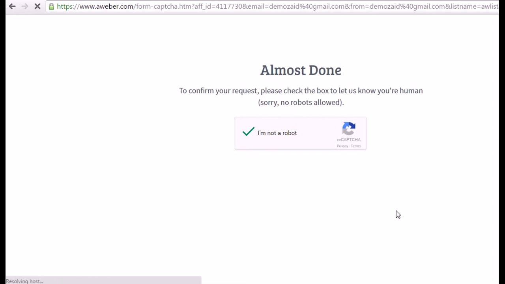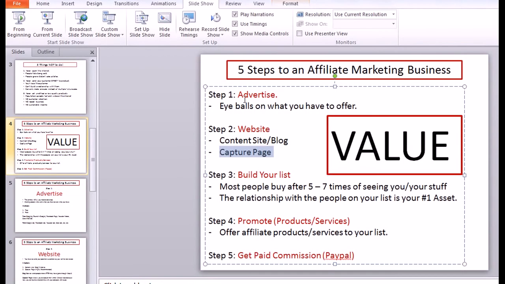So that's a good thing to know, that my vendor or product supplier is making sure that you're not getting spam, all kinds of nonsense. So I advertised, I sent them to a capture page, they got value. Now the value has been emailed to them. They're going to get a series of 10 days worth of value, and that's very strategic, because remember, they're now on your list. They're giving you their email, and now you're going to send them 10 days worth of value. See here? It takes most people 5 to 7 interactions before they actually want to buy from you.